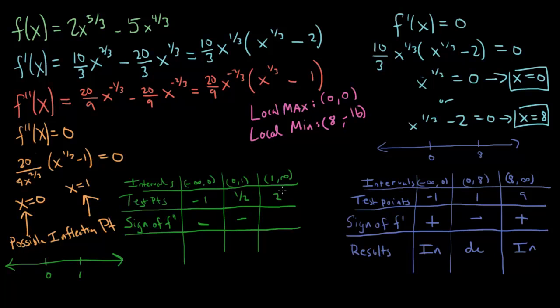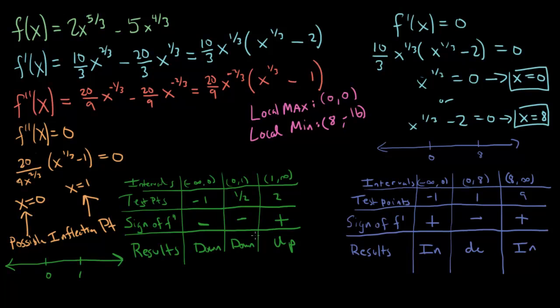Now, what about 2? If we look at f double prime of 2, well, clearly, I don't know. What is the third root of 2? I guess that makes a difference. Let's see. Third root of 2 is 1.2. So 1.2 minus 1, that's a positive factor. That's positive. So I think that is a positive result. So that tells me that we're going to be concave up over here. So we're going to be concave down,